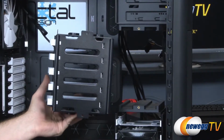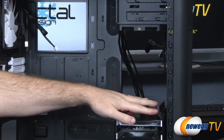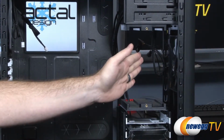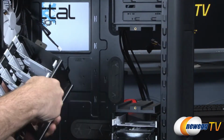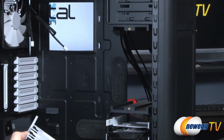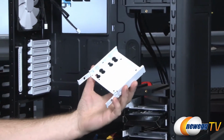So a couple different configuration options, or of course you can just remove this cage entirely, and that will provide you plenty of space up there for longer graphics cards or simply more direct airflow from the fan up at the front. As far as the drive cages themselves, I'm actually a fan of these because they aren't toolless, for one thing,